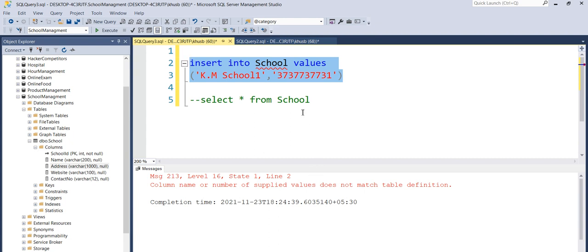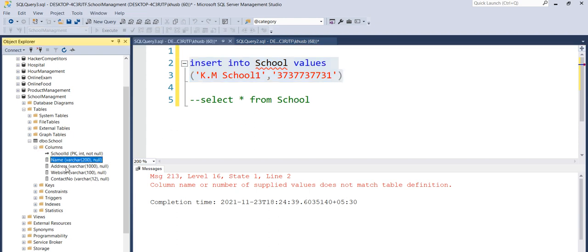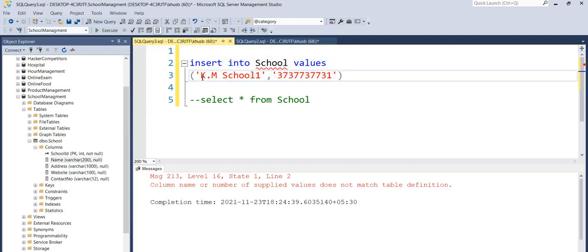So which basically means whenever you need to insert less data than the number of columns. Let's say I have 4 columns inside my table to which I want to insert data, but I have applied only 2 values. So how is it going to decide which value is going to be inserted into which column?